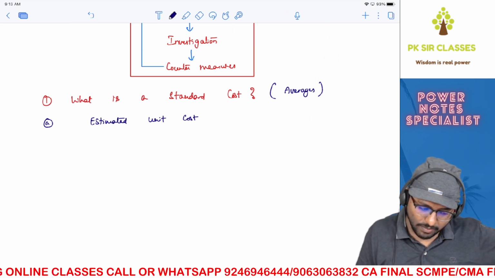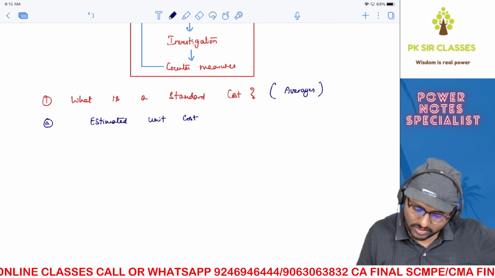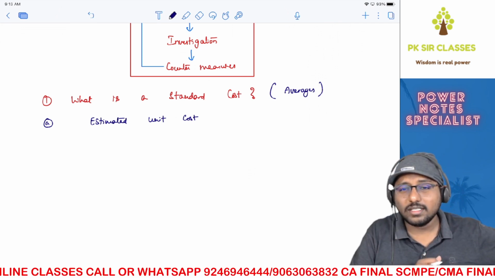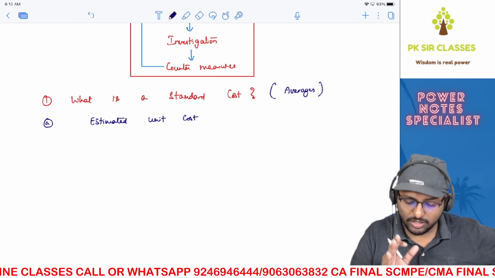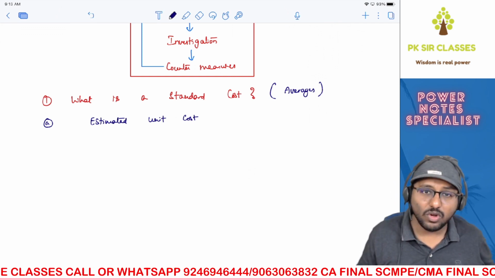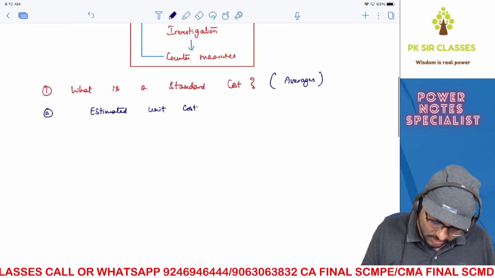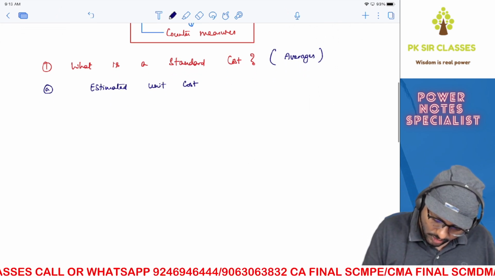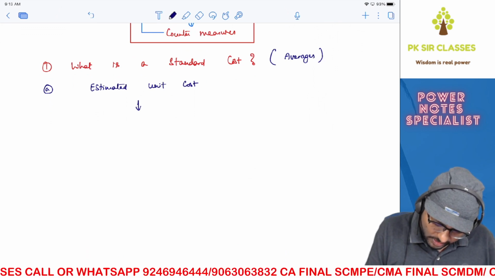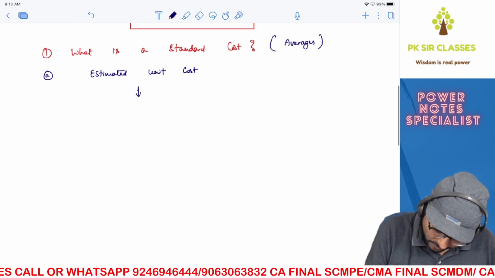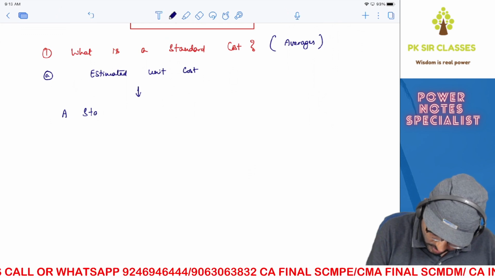Anyways, so now the basic point that you guys need to understand over here is, what is the standard cost? It is an estimated unit cost. You got this? Chalo. So if you want to have a little bit of detail on it, I'll tell you this way. A standard cost,